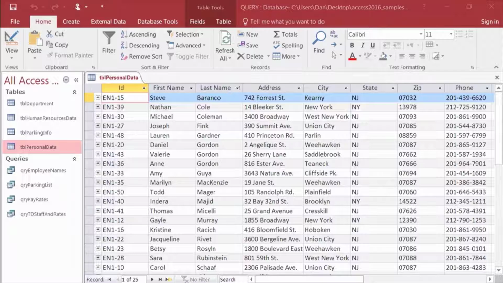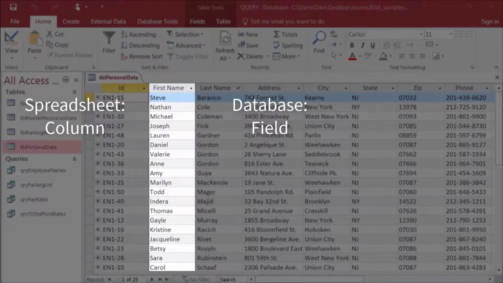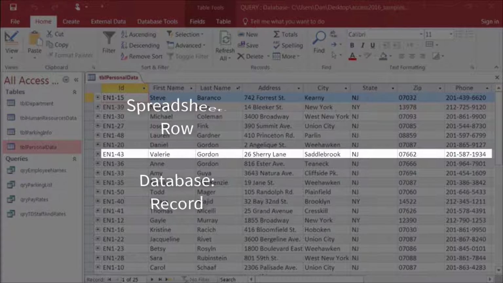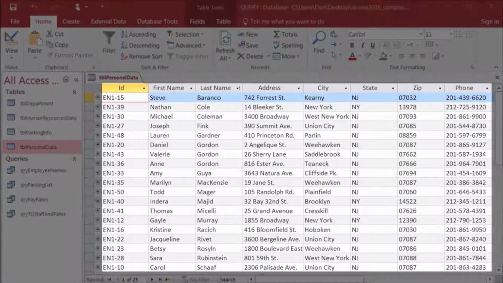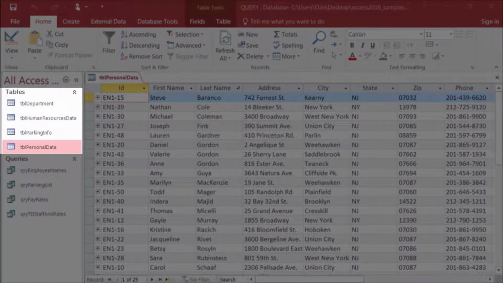In databases, rows and columns go by different names. In a database, a column is called a field, which really is a category, like a name, address, zip code, or phone number. A row is called a record, or a collection of fields. A customer's record would consist of fields like their name, address, zip code, and phone number. A collection of records is a table, just like it would be in a spreadsheet. Databases usually have multiple tables, each one focusing on a specific topic or subject.